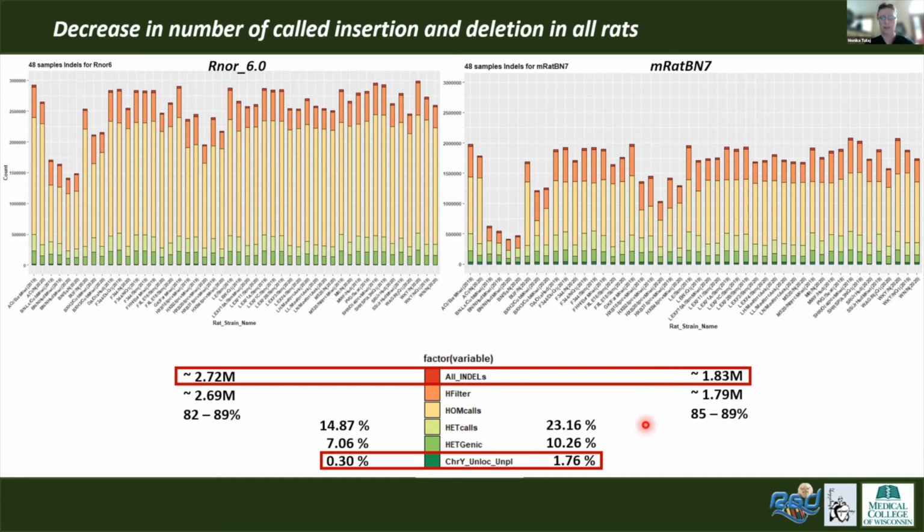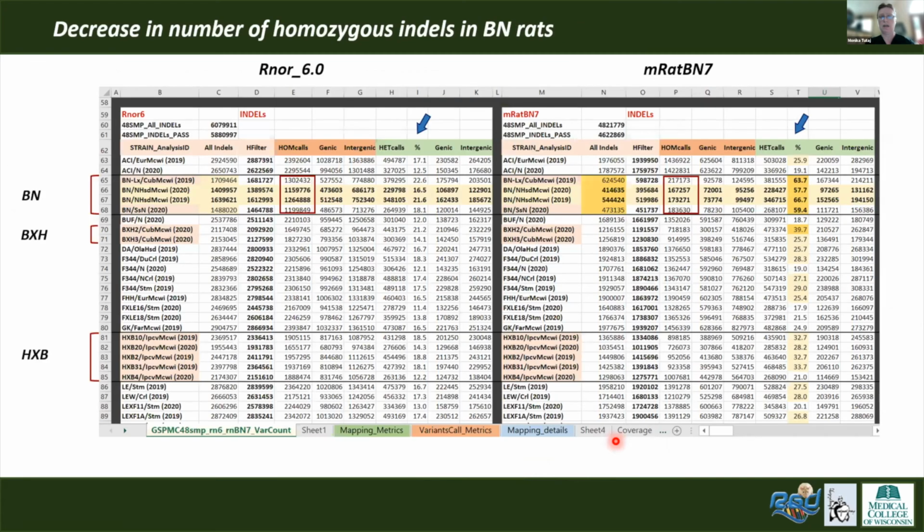We can see that there is also some accumulation in chromosome Y and unlocalized, but then you can see that the heterozygous indels are really taking over, the same as in SNPs. It is also more profound with the number of homozygous calls. So we've got 5 times fewer in the Brown Norway